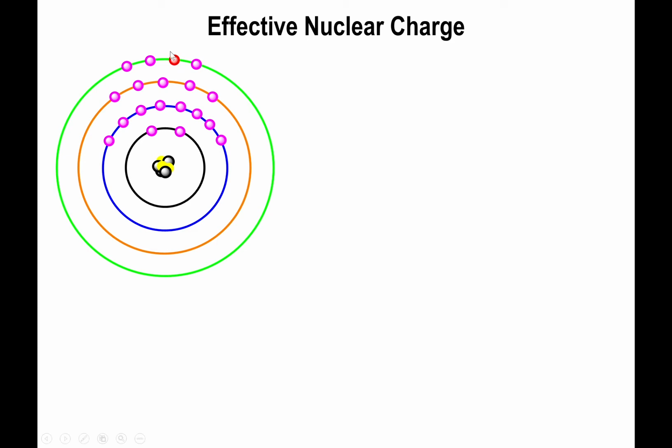2, but the rest of the charge is going to be shielded by the electrons that are closer to the nucleus, right? Like the picture depicts right here, they are shielding away that charge. And as a result, you have a different amount of energy attraction that's keeping this valence electron attached to the atom. And this changes from element to element, depending upon which orbitals are being occupied by the electrons. And so the effective nuclear charge changing allows for the atoms to have different properties, different sizes. Some of the properties can be physical or chemical in scope, but ultimately they come down to this idea of